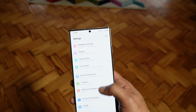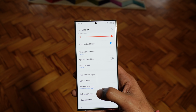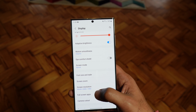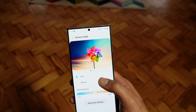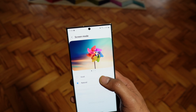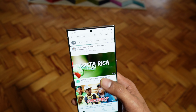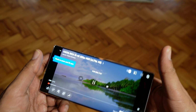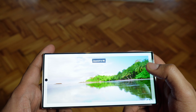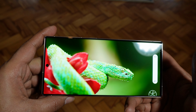And then if you go into display, we've adjusted some settings. So we have it as WQHD, 3088 by 1440. Screen mode, we've gone for natural rather than vivid. Just find it looks nice and smoother, and that will complement very nicely if I pop into YouTube our favorite video in the world to test displays, and it is this, the Costa Rica demo, which is playing in 4K. Let's compare the quality